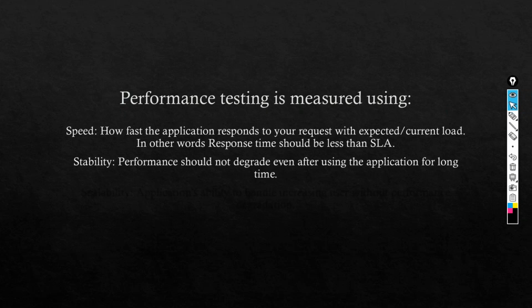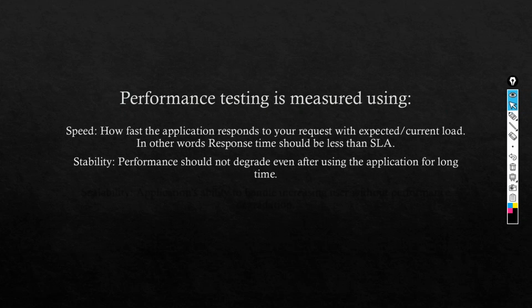A few years ago, initially, performance testing was measured only with speed: how fast the application is loading, how fast the pages are loading, and all those things. But with the changing trends, project approaches and requirements, stability and scalability came into the picture.